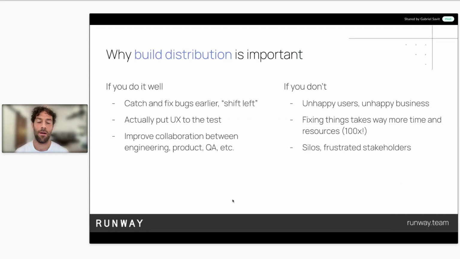Why does it matter? Let's go into a little more detail. If you do build distribution well, there's a lot of benefits to gain. Some are more tangible or concrete. It lets you catch and fix bugs earlier. Some of you may have heard of this philosophy of shift left. So instead of shipping things and finding out about issues in prod and having to work to hotfix or deal with them after the fact,